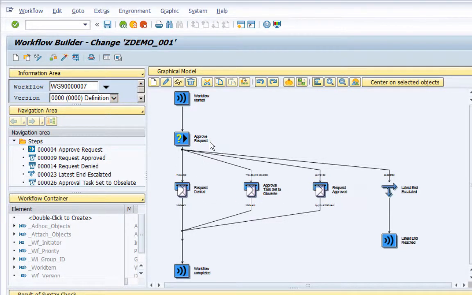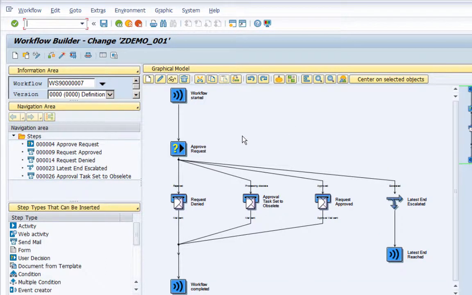And because we have set a deadline for the approval task, if the approver does not work on their approval task within 2 minutes, then the task will be set to obsolete, and the approver will receive an email notification telling them that their task is now obsolete and is no longer available for them to approve. So now that we have understood this workflow template, let's test this workflow in real time.